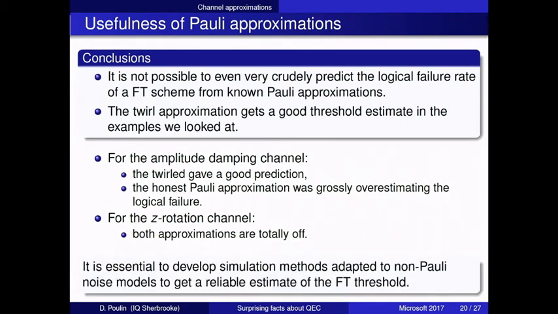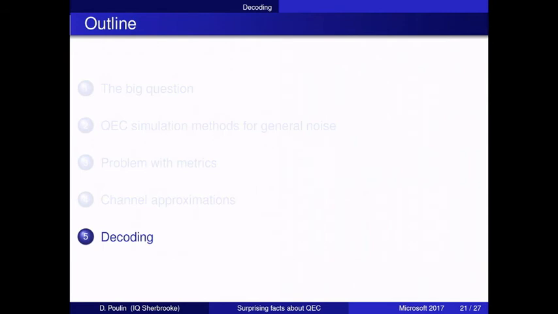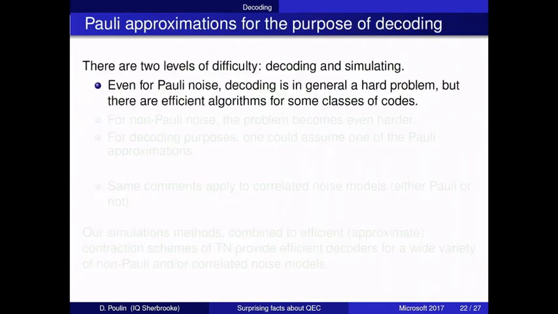Okay. So I think this motivates the development of tools, these many-body tools, to simulate the exact noise model. All right, the last little bit I want to talk about is decoding. So as I said early on, there's a lot of complexity that goes into simulating fault tolerance, but decoding is something you need to do regardless of whether you're simulating or you actually have a quantum computer. So this thing, we should work hard to make it efficient if we can.